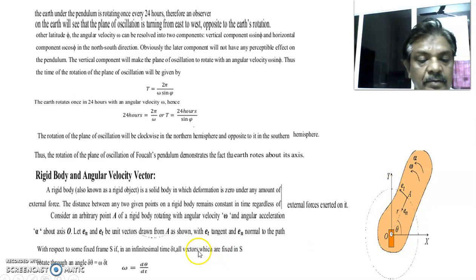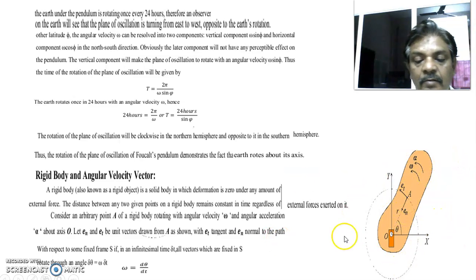Omega is the angular velocity and alpha the angular acceleration about O. Let En and Et be the vectors drawn at A as tangential and normal